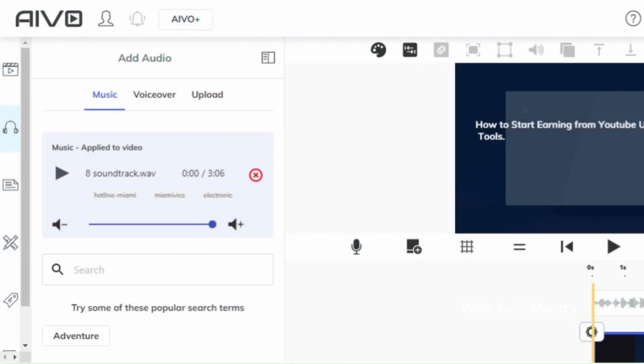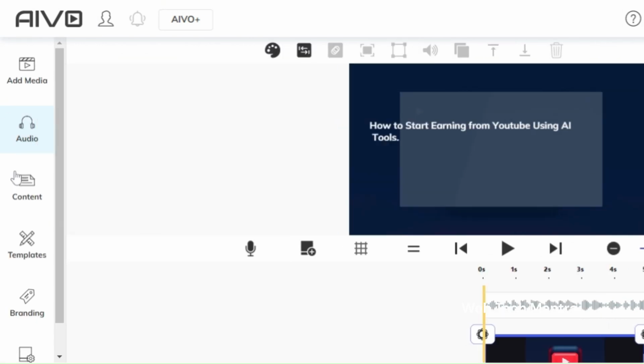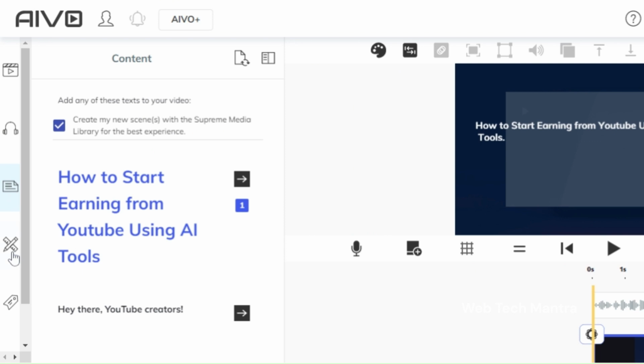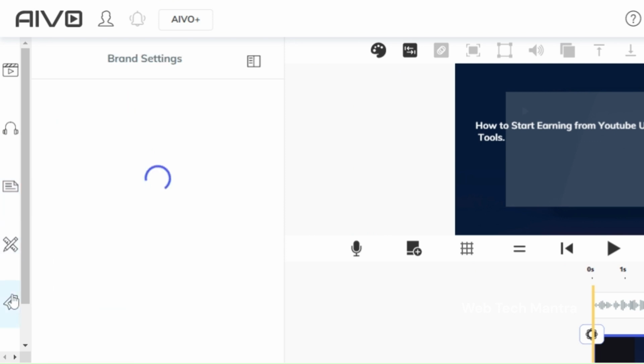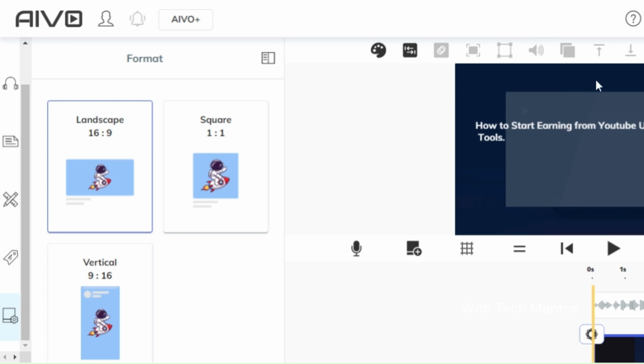Avivo is a great choice for users who want simple and easy-to-use video editing software. It offers a basic set of features for editing videos, but it's perfect for users who just want to get started with video editing. Avivo also has a built-in video sharing feature, so you can easily share your videos with